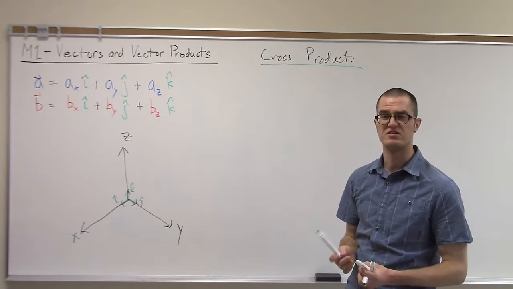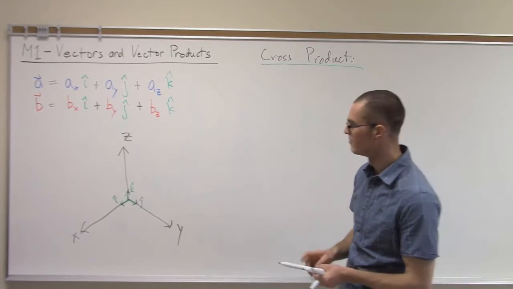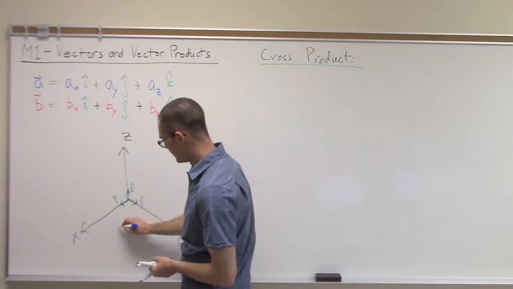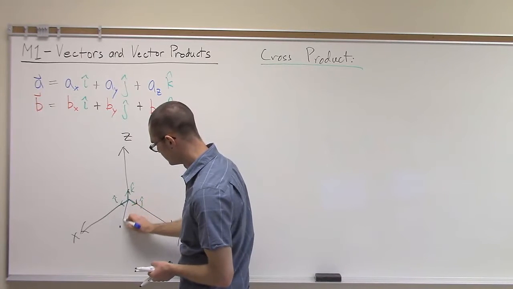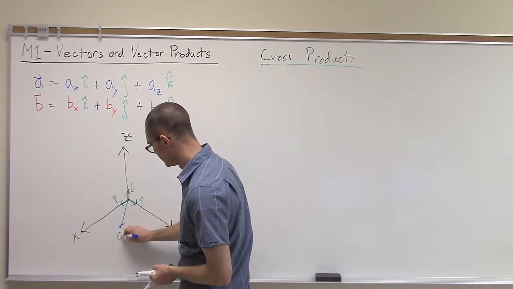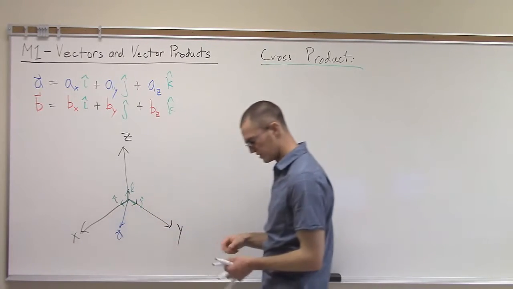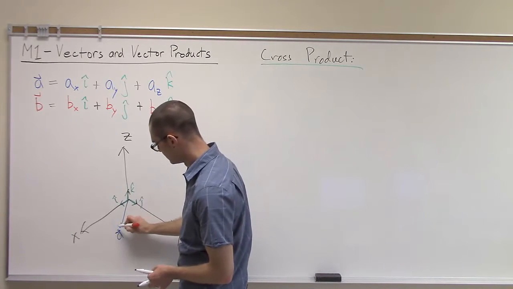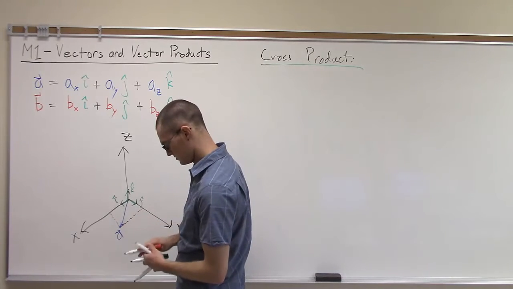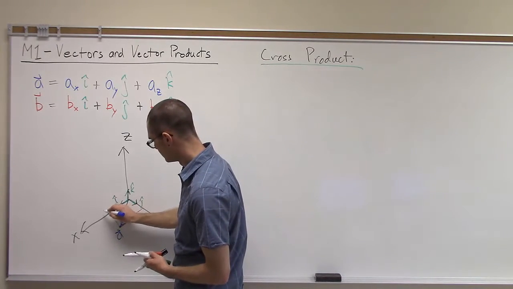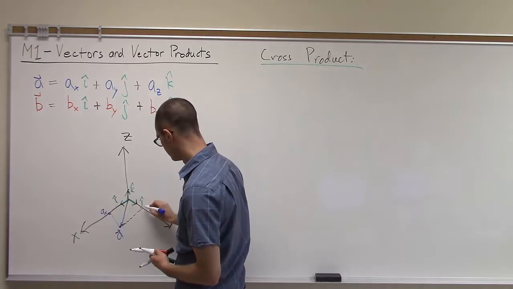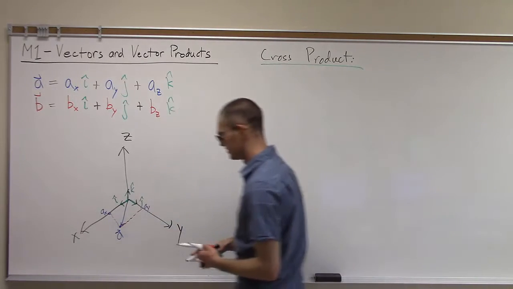It'll just make it easier to draw, but the understanding will be the same. So let's imagine a vector goes somewhere over here in the xy plane, so it has components ax and ay,